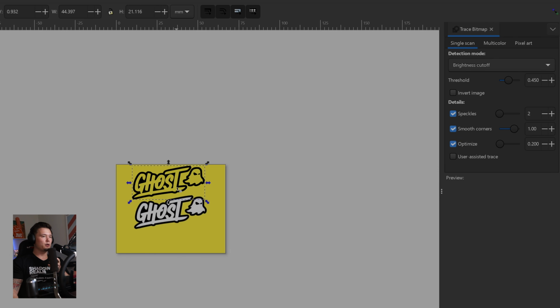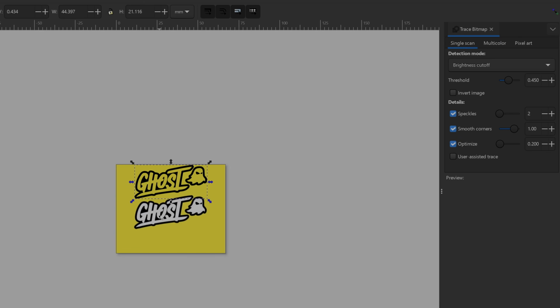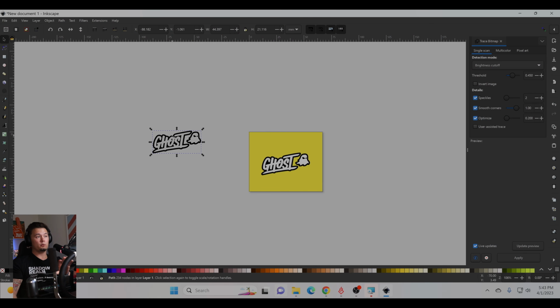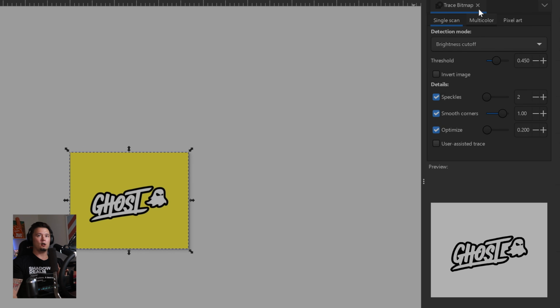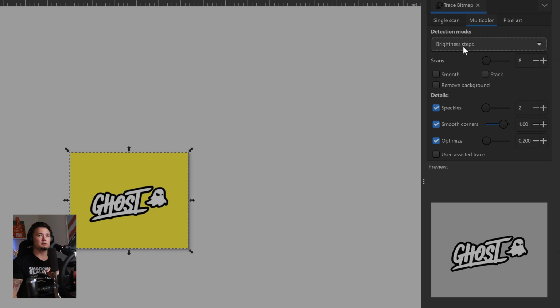The only problem with this is the Ghost logo has a white fill. This black part is called the stroke. With any object, you have a fill and a stroke. The stroke is the outline, the fill is what's on the inside, and the fill for this should be white. And we can solve for that, and I'm actually going to show you how to do that because it's going to save you a lot of time in the future. For right now, we're going to flip over to multicolor